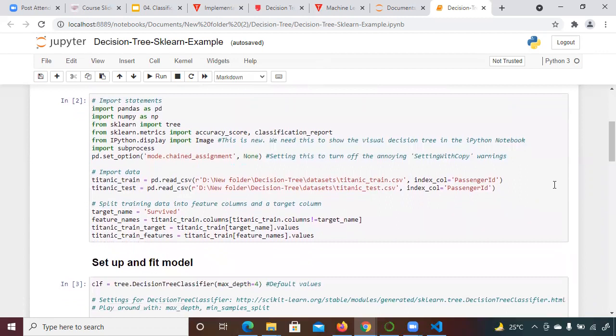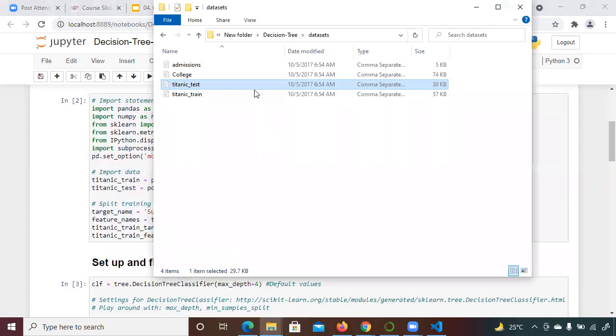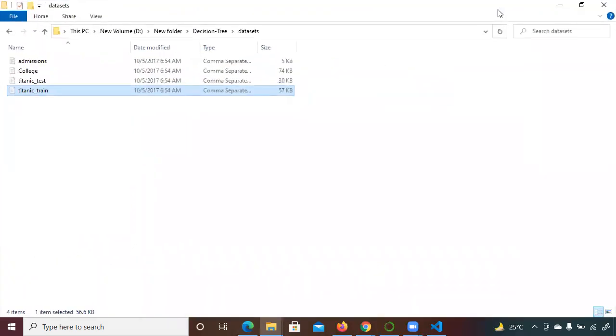So, actually, in the Titanic data set, what actually happens? Can you tell me, Geeta? When the Titanic sank, some people survived, some of them died. Yeah. So, you can see my data set has two files. What are they? Train data and test data.